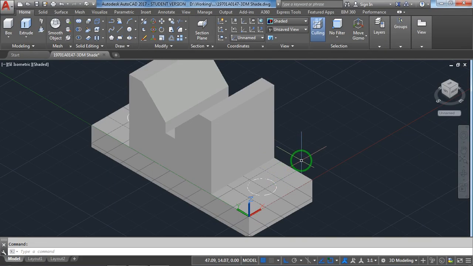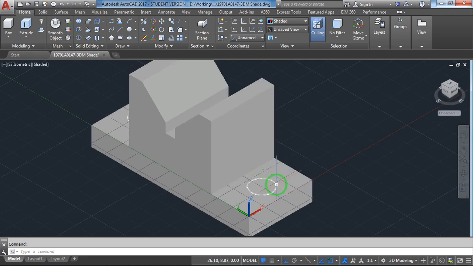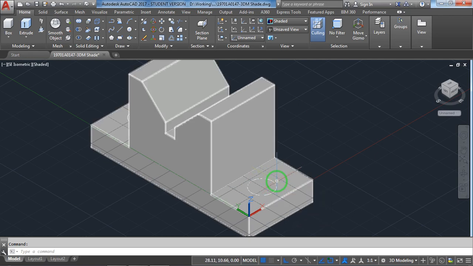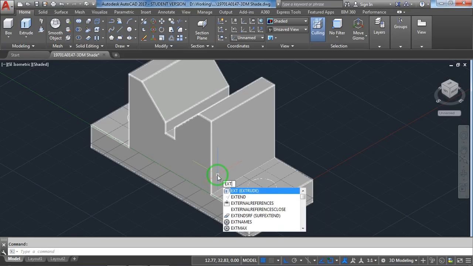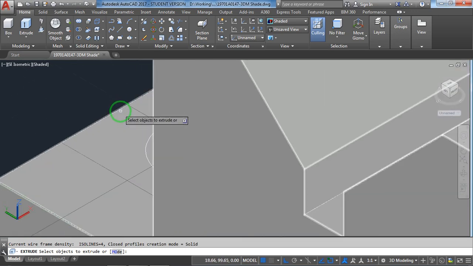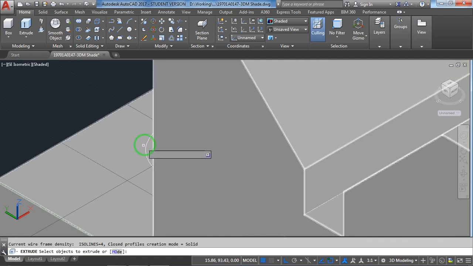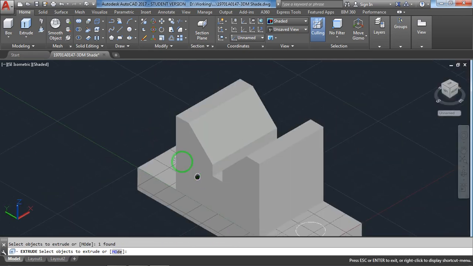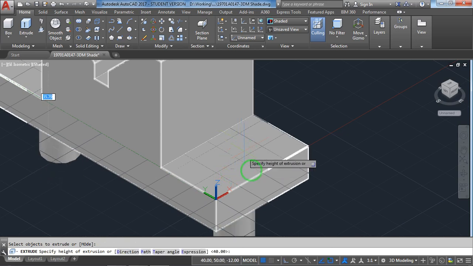Now again, think here: to prepare holes from this main solid object, we have to remove these solid objects, that means subtract. But actually it's not solid here, we only have circles. For this again we have to extrude and make them solids. So we use the extrude command. We select the object, zoom in with the help of the roll button, type ext, extrude, enter. One circle selected, second circle selected, enter.